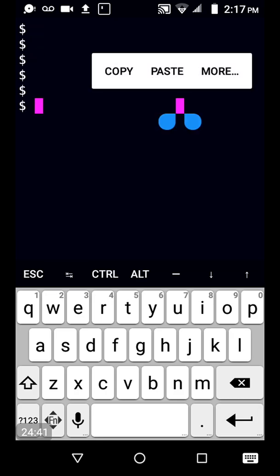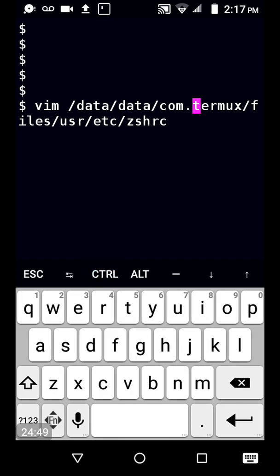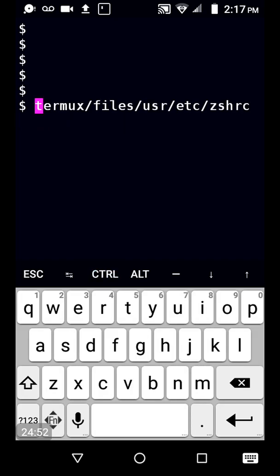Okay, so let's get this over here. See, I'm over here, right? And I type in Control U, instead of erasing the whole thing, it just erases whatever was on the left side of the cursor. The cursor is the pink highlight right there. So it's good to know. And then Control E is to go to the end, Control A is to go back. I'm sure there are other shortcuts, but